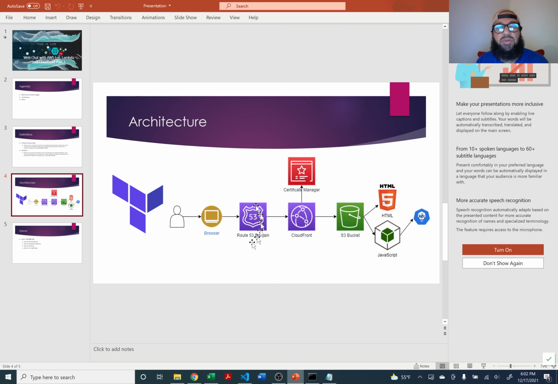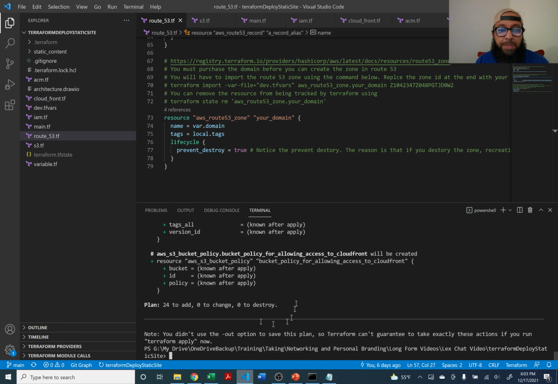But it will know that I need to create multiple records, just like I showed you in the previous video. Those records it will create. The CloudFront distribution needs to be created. The certificate manager, the S3 bucket, and the S3 bucket object it needs to create. It will know that, hey, I need to add 24 of these items by creating them and then adding them to my state to make sure that I start tracking them. So this plan command will do exactly what it sounds like, tell you what it's going to do,